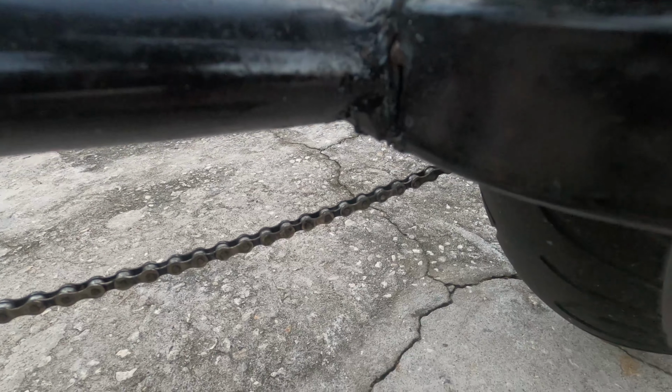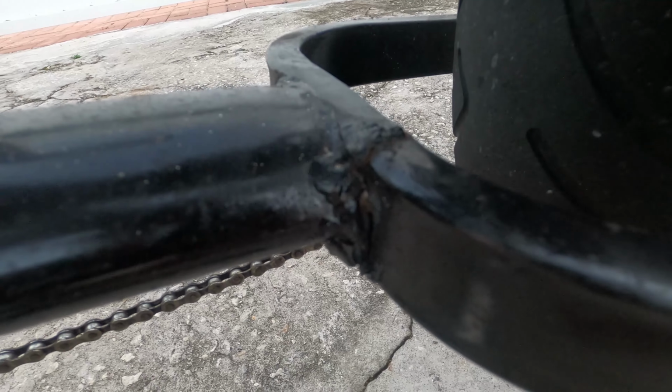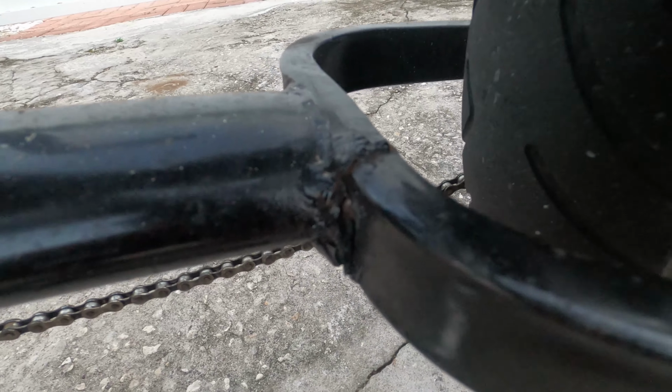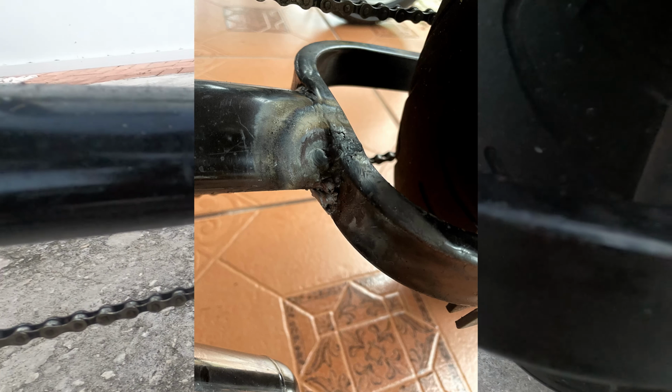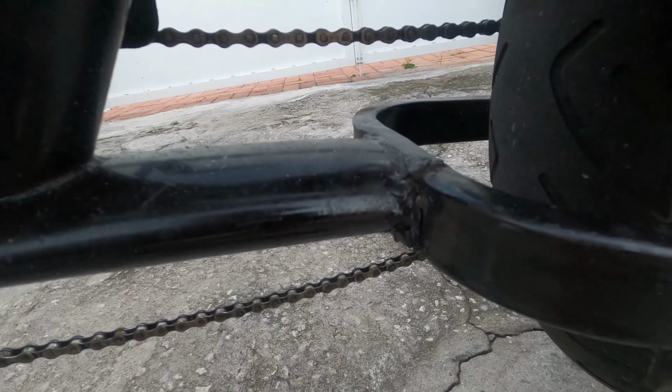Let me show you guys. If you have an eye, you can clearly see that this chassis is pretty much broken, and it has a couple welds on it. I will tell you guys in a second why. So this chassis is broken, and it has another little crack in the front. Now why? Well, I don't really know. Between the events of last video and now,